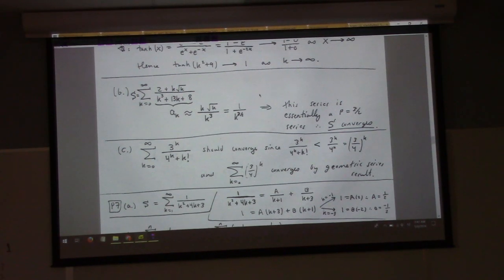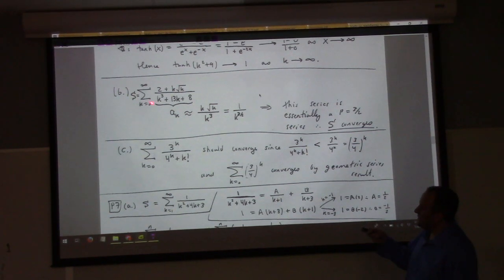I hear one vote for direct comparison. Any other votes? Yeah, I think limit comparison is one you want to go with here, because direct comparison is kind of, well, to quote the young and eager go-getters currently in various positions of power here, it's a big ask. With a direct comparison, I've got to find something that's larger and converges.